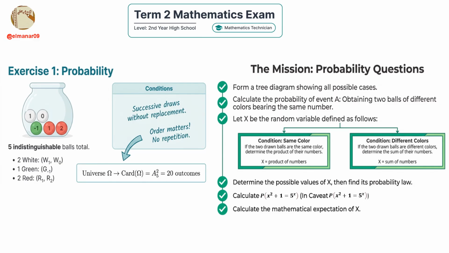Third, moving toward the conclusion of the exercise. Once we have determined all the possible values of x, we will establish its probability distribution in table form. This is the very structure of our reasoning. Finally, we will look for 2 fundamental values, a little riddle involving the calculation of x squared plus 1 equals 5x, which will give us the